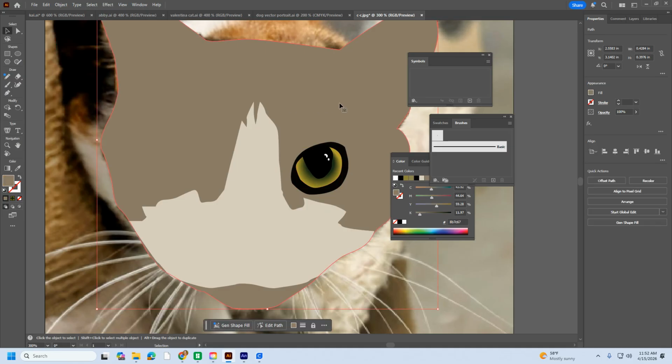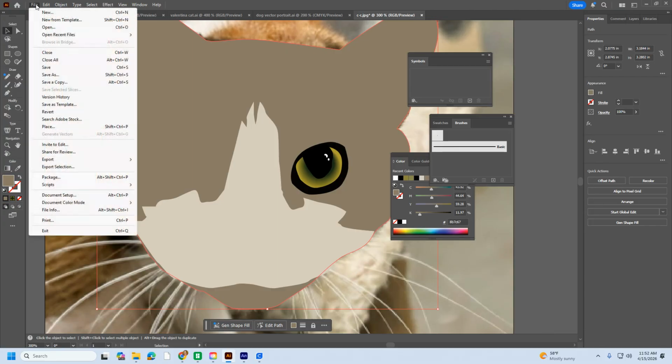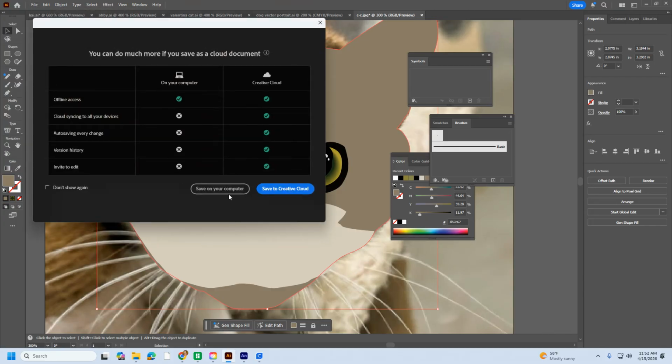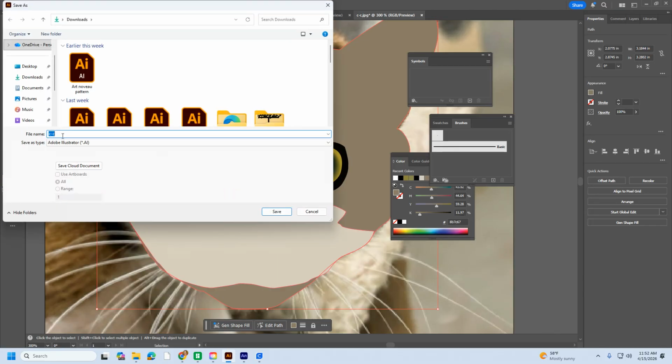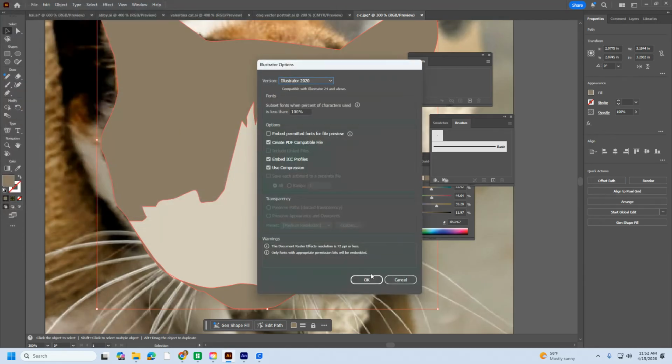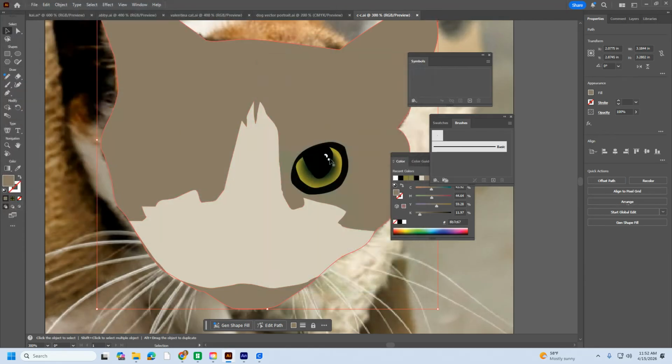I like that. Now is a great time to save your work. So we're going to do File, Save, and I'll say Save on Computer. And we'll call it CC, that's fine. We'll click Save, click OK. We're saving it as an AI file so we can keep coming back to work on it. Eventually, you're going to